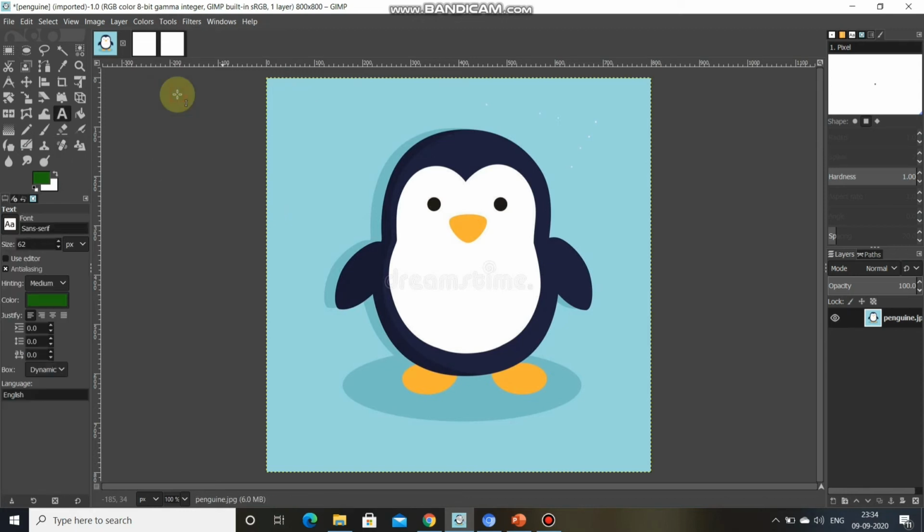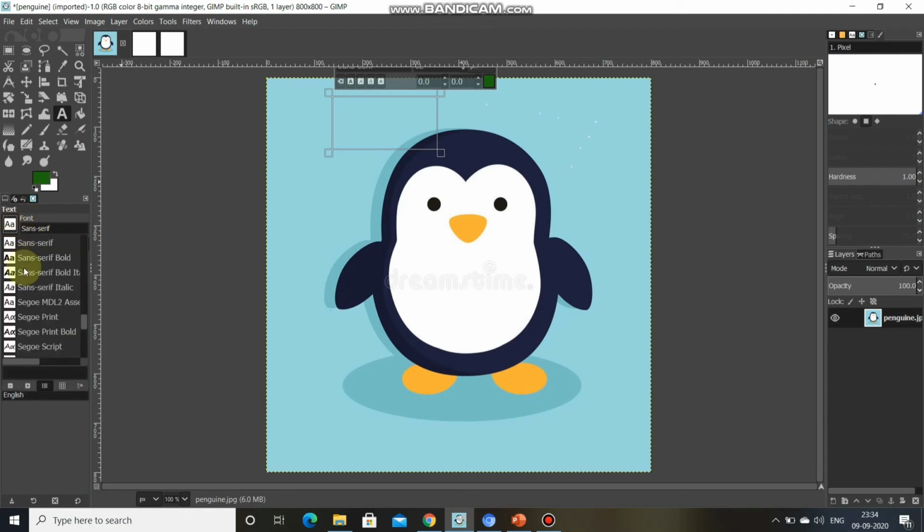Once I click on the text, as you can see, this text box appears. This one is the text box. Here we can select the size of the text. As you can see, font style, color of the text, everything. So for instance, if I write here, see, now this is the text box.